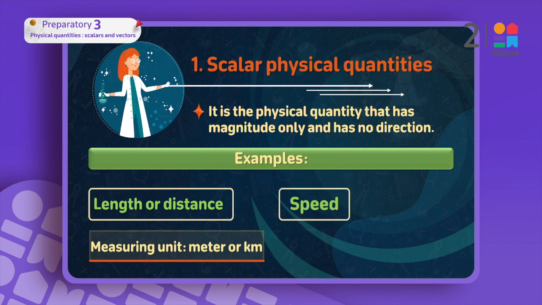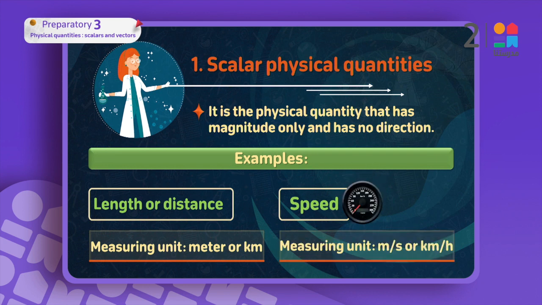speed the last physical quantity او last example انا عندي دلوقتي last example. الميجرنج بتاعته meters per second or kilometers per hour. طيب كل الاكزامبلز اللي احنا قلناها لحد دلوقتي they are scalar physical quantity. ليه؟ they have magnitude only and they don't have any direction. طيب according to this